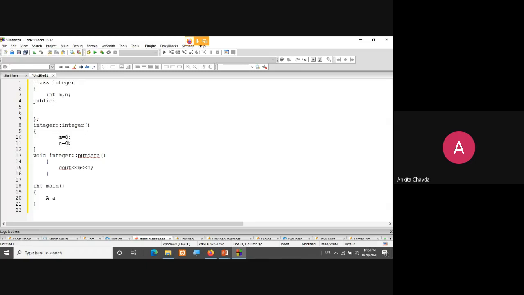Here I'm just assigning m and n with 0 because no value has been passed, right? So this is how I can define my constructor outside. Say suppose here my class name is A. Whatever my constructor name is, that is the same as my class name. So I'll put A over here, and what is my class name? A. So over here also I would have A. So this is A, scope resolution operator, again A, this is my constructor.